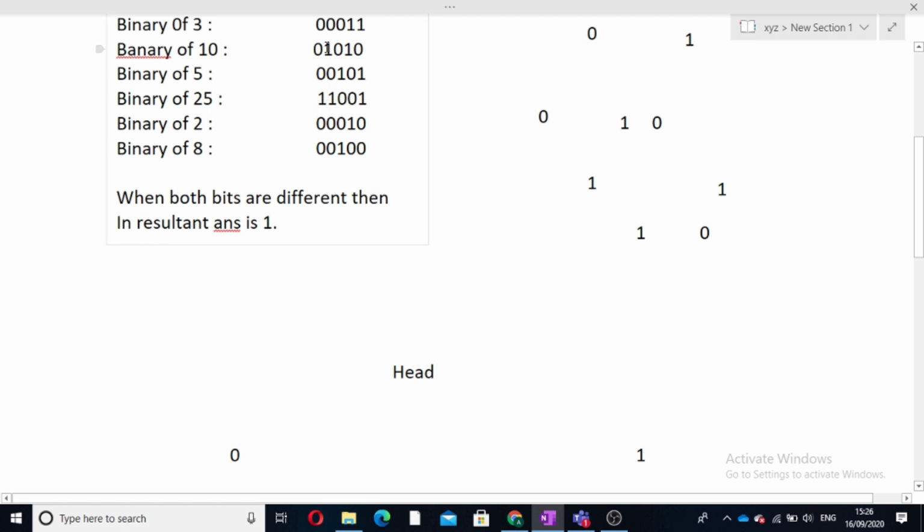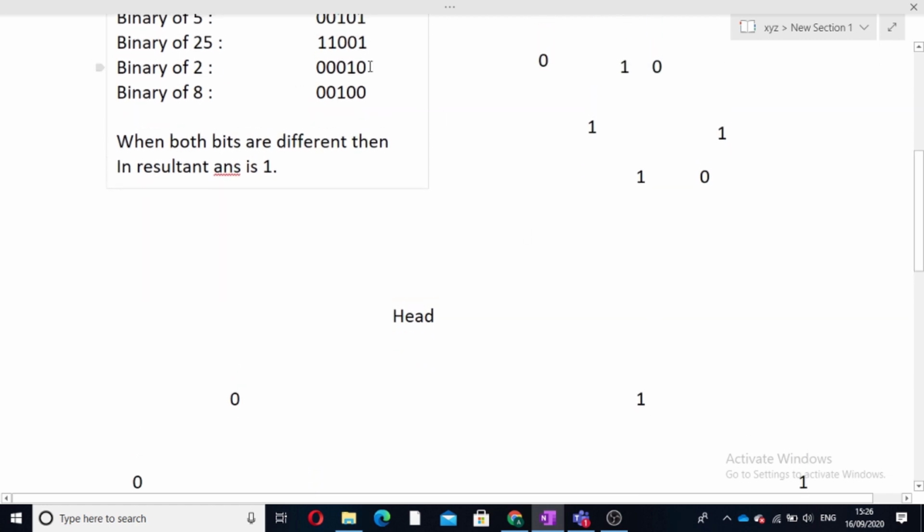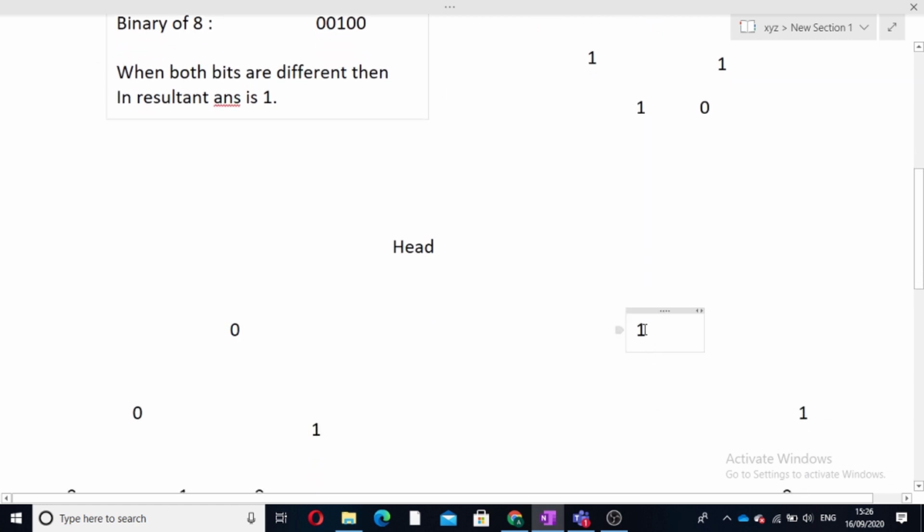Now we have the second bit as 1. So for 1 we have to find 0 in the second level, because the second bit is 1. So we have to find the 0 in the second level of the trie. Now we are in the trie at this node. So we have to find whether 0 exists or not. We will look at the left of this node, because 0 is present only on the left. If 0 is not present, then this space will be empty. So now we are at this space and we have to find 0.